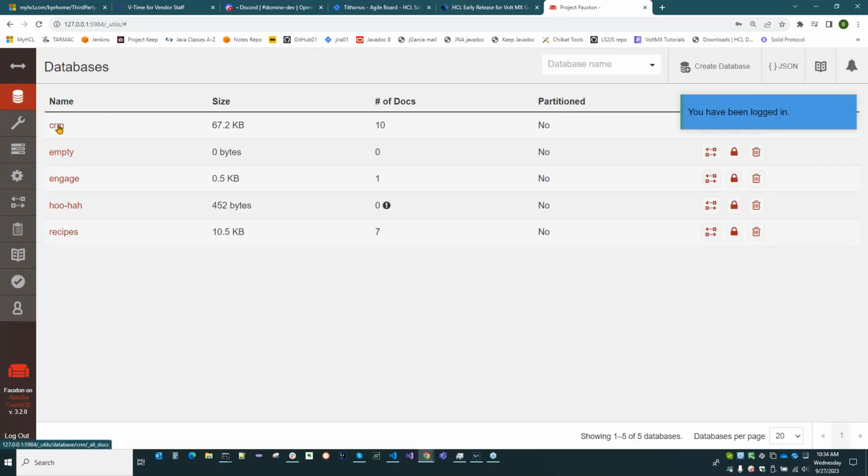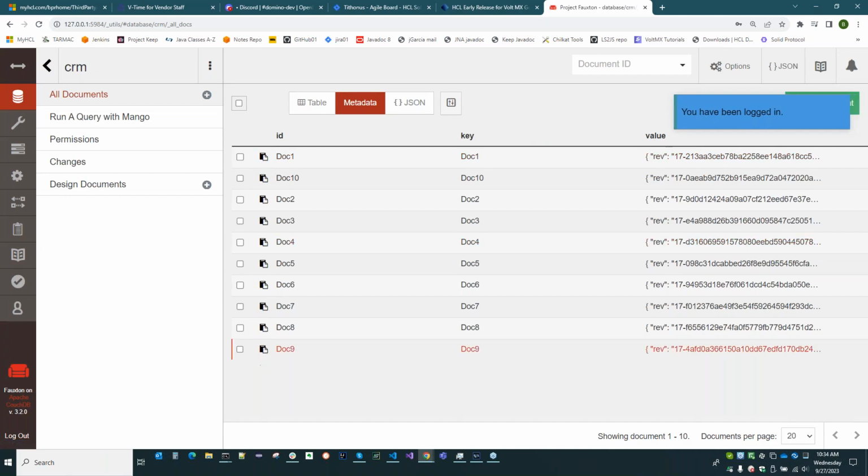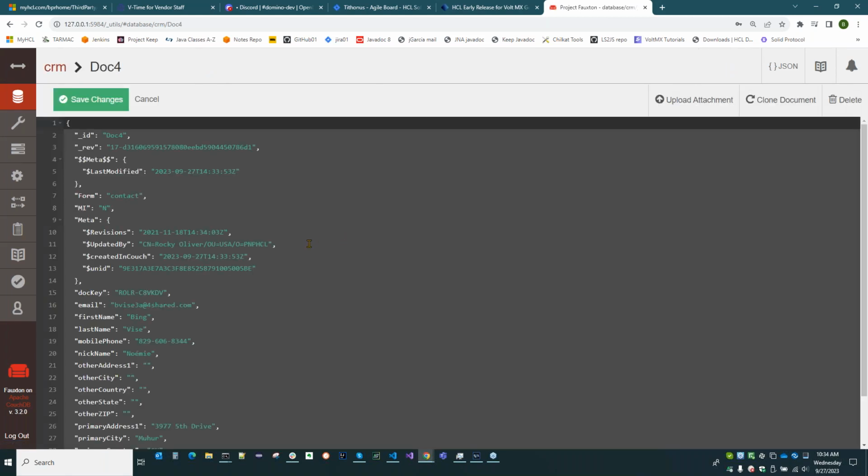DRM is the database I created. And here you can see my 10 documents. I'm going to pick doc 4 just to show you what it looks like in Couch. And it's all been converted to JSON. You can see